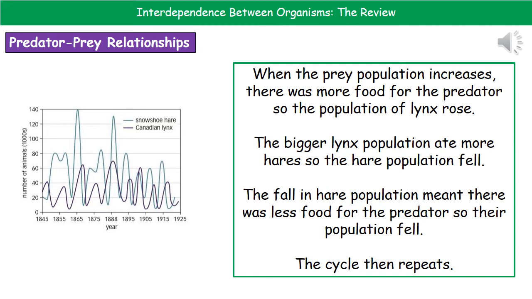If the question was to say, explain the relationship, then not only would you give the description as we've already done, but you'd say why we see that. So, for example, as opposed to just saying that when the population of the prey increase, then the predators will increase, you add on, this is because there is more food available, so the lynx population could increase because there's more food available to support them. If we're looking at why they decrease when the number of our prey decrease, we can obviously mention the fact that there's less food available, so they're going to starve. So make sure that if it's a describe, you just say what you see. If it's an explain, say what you see and why we see that using science.